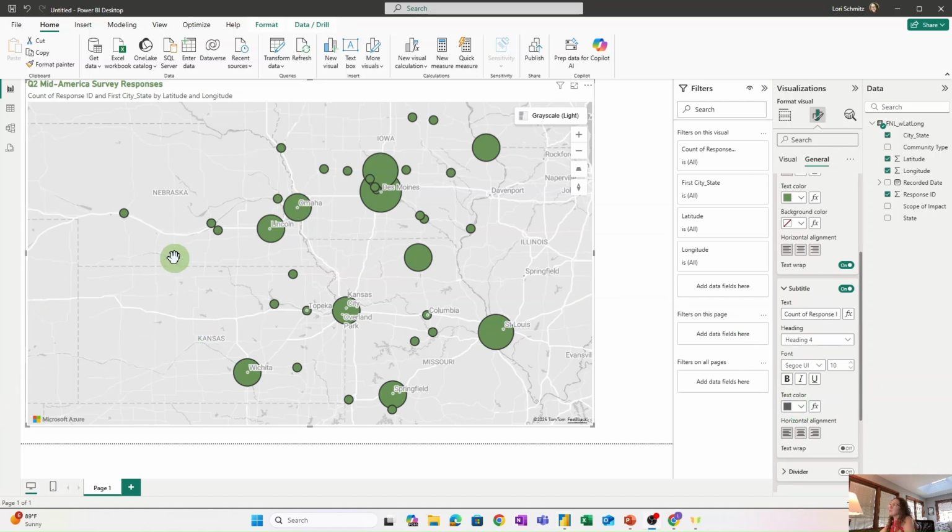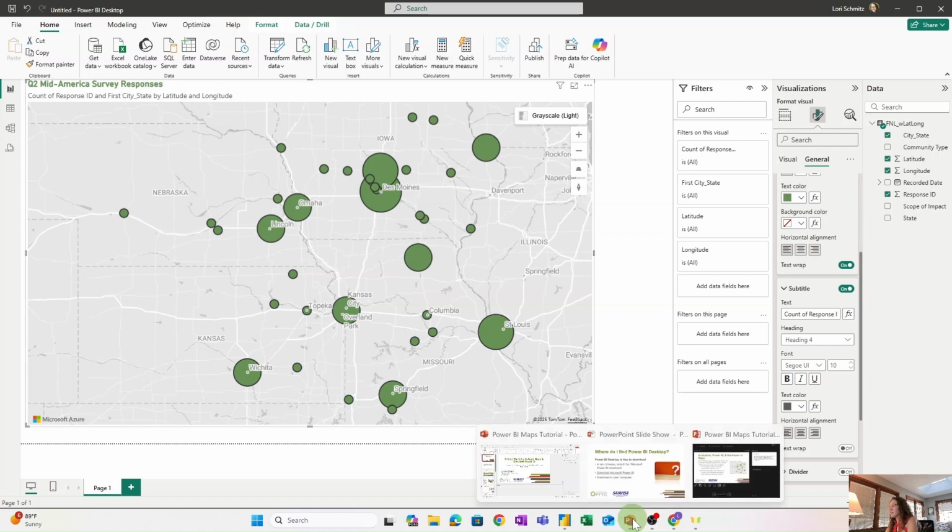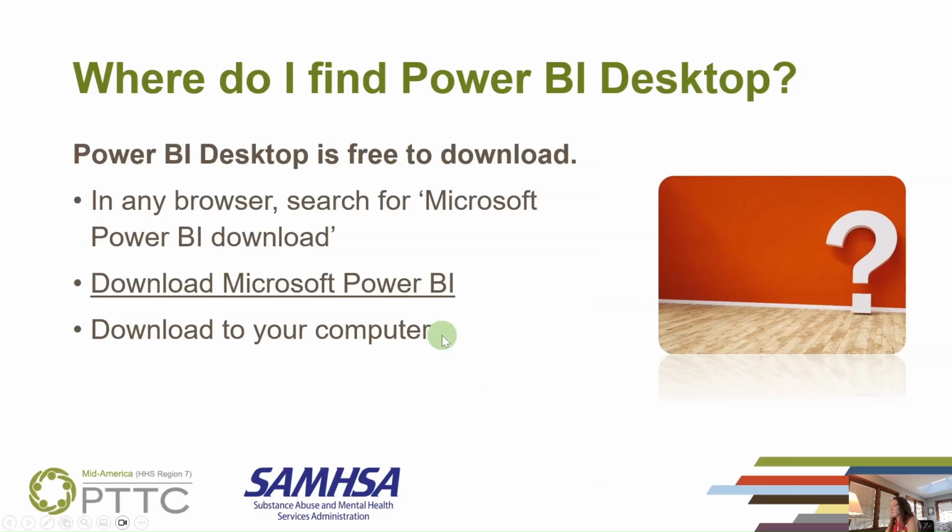So let's say we are ready to publish and share with others. If you have a Power BI service, up here in the top ribbon, you can go up to Publish, click Publish, and it goes to Power BI service. And if you don't have Power BI service, you could always share this file with others as well. So we are going to switch over to the PowerPoint